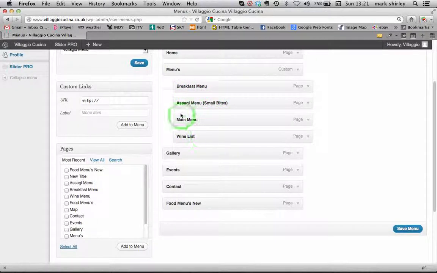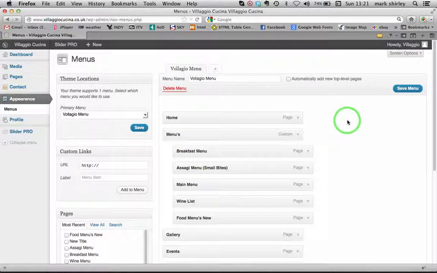Now we want it up here under Menus, so what I'm going to do is just drag it up. Okay, now it needs to be tucked in like that, so hierarchically you've got that indent. That means that it will come underneath Menus. So when you're happy with where you positioned that page, save your menu,